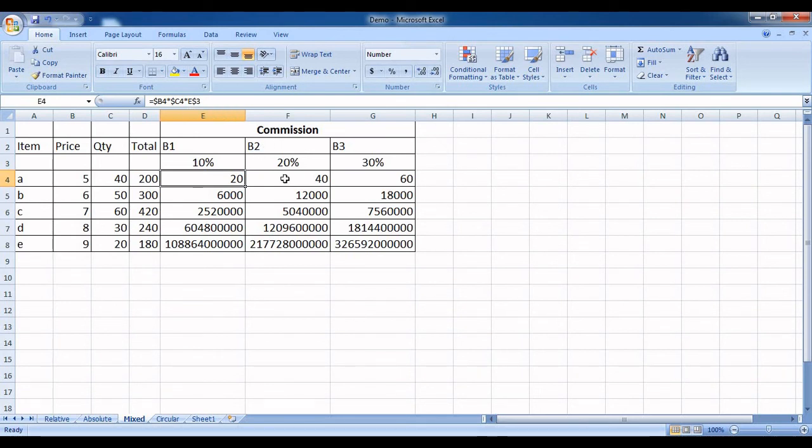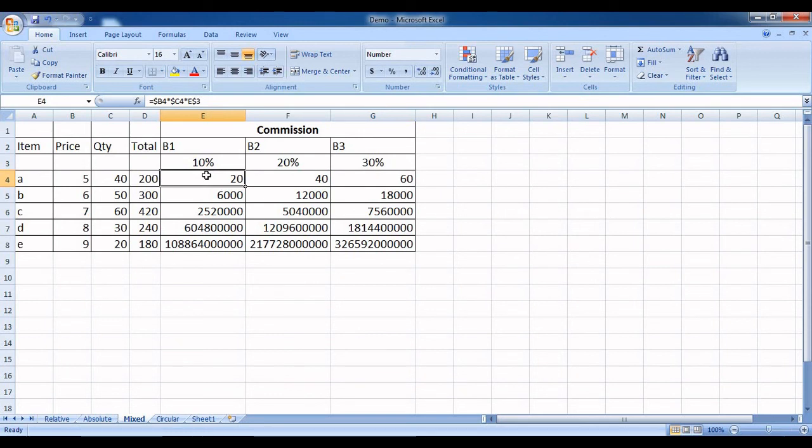So E3 here, F3 here, F$3, and for the last one it is G$3. Please understand this. As we are dragging it column wise, when you drag it column wise, E will remain same, value of E will not change. What will update is only the row number. F will not change, what will be updated is only the row number, and G will not change, what will be updated is only the row number.